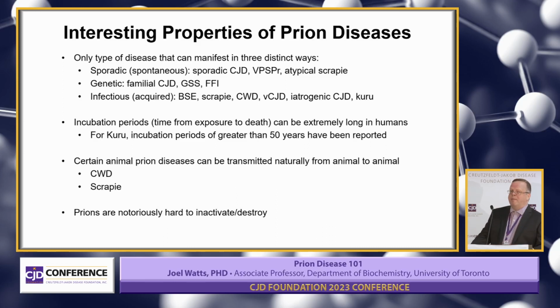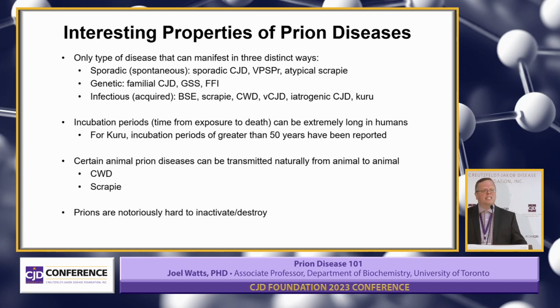As Dr. Appleby mentioned, for the infectious versions of the diseases, it takes an incredibly long time from exposure to the development of symptoms, sometimes on the order of decades, whereas with a viral or a bacterial infection, you're talking a few days to a few weeks between exposure and symptom onset. Now, while all prion diseases are potentially infectious, very few are naturally infectious. So none of the human prion diseases are contagious per se.